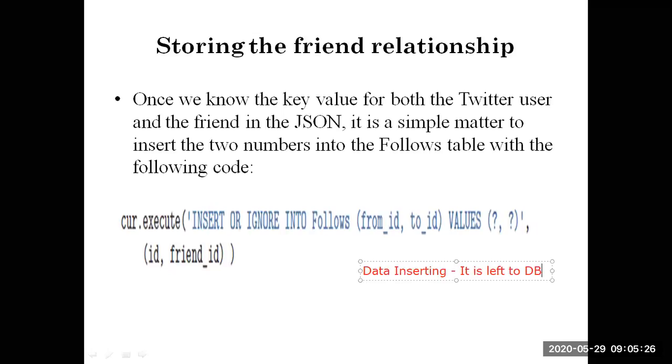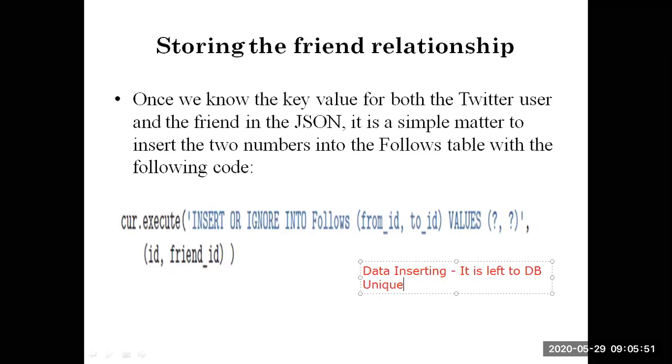We let the database take care of keeping us from inserting duplicate relations by creating the table with a unique constraint. We use the unique keyword with a unique constraint,